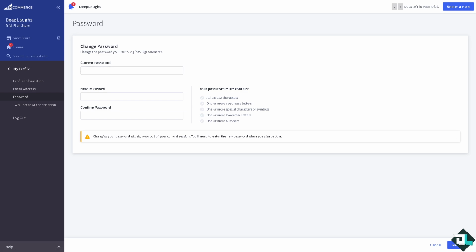And now, all you're gonna do is really easy. You can change the password you use to log in into BigCommerce. Type in the current password, put in the new password and confirm password. But please take note that changing your password will sign you out of your current session and you will need to enter the new password when you sign back in, especially if you're using BigCommerce in mobile or